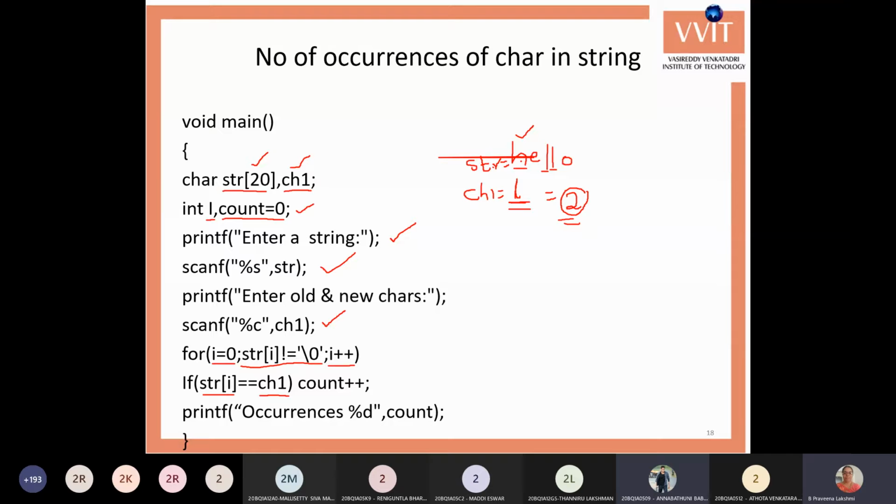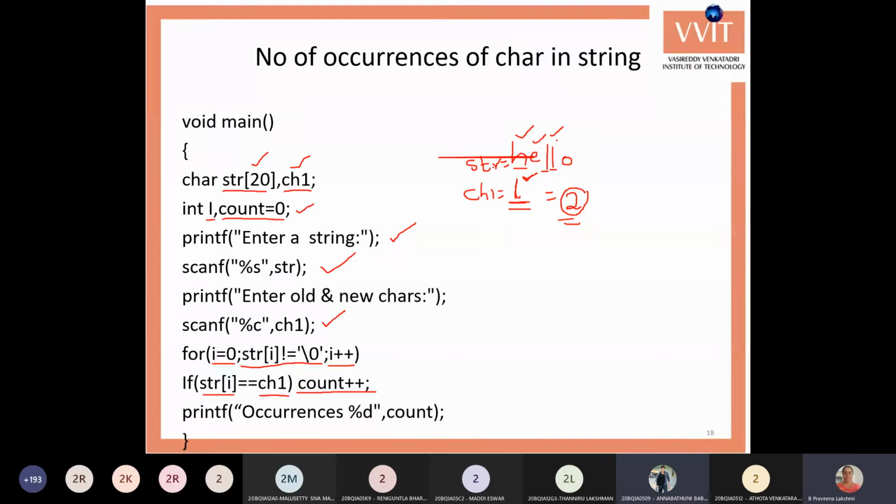First the h is checked with the L, whether these two are equal or not. These two are not equal, then it checks E and L. These two are also not equal. Next it checks the third character and ch. It's equal, then the count is incremented, count plus plus.